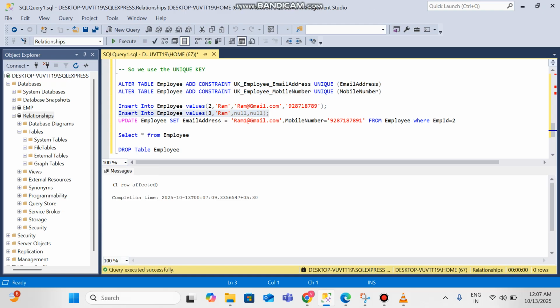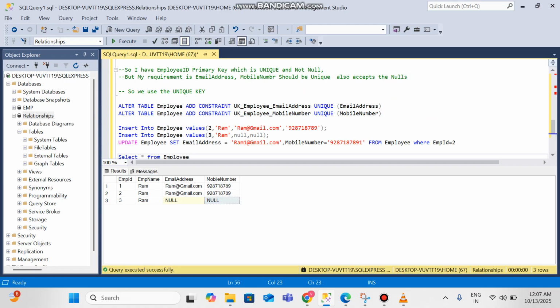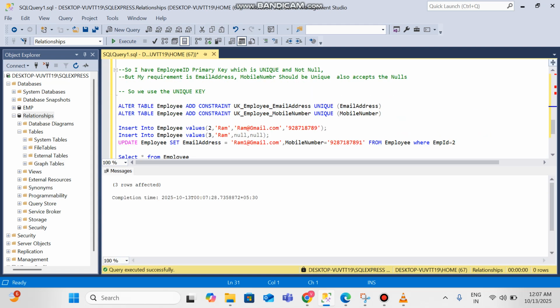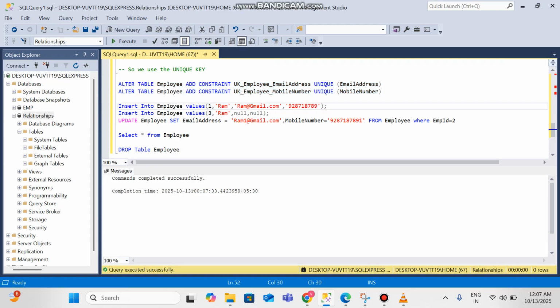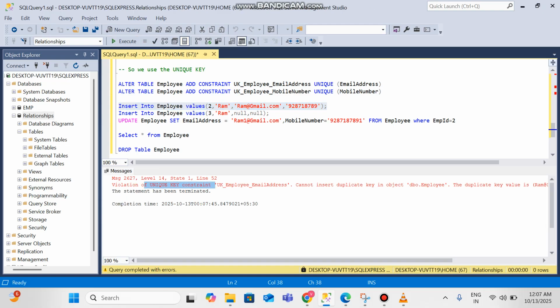You can see here null values are accepted. After that we can modify this, we can update these fields. Okay, I'm deleting all the data from the table. First you need to delete all the data from here and apply the unique key. I have applied it here. Okay, and again coming here I'm executing. So insert, one row is affected, and again I'm inserting. I'm trying to insert the same values. So you can see here the unique key constraint is